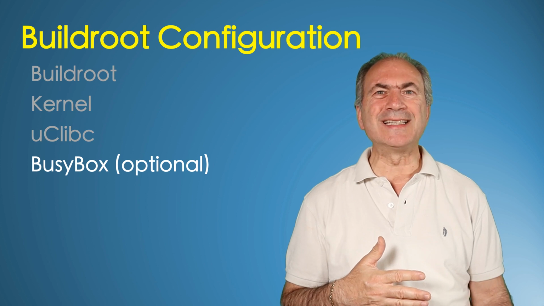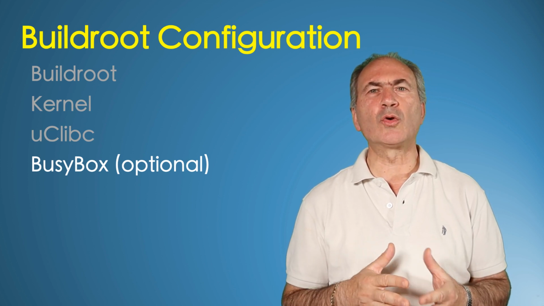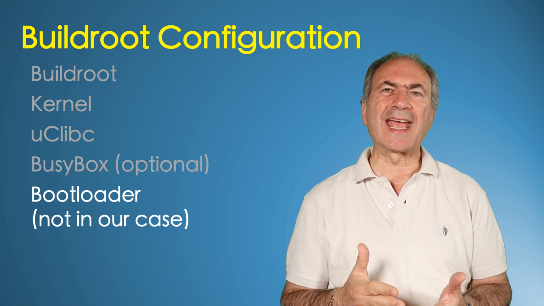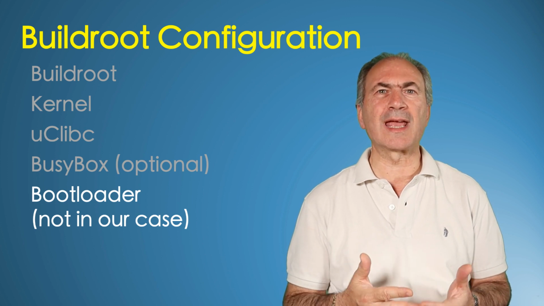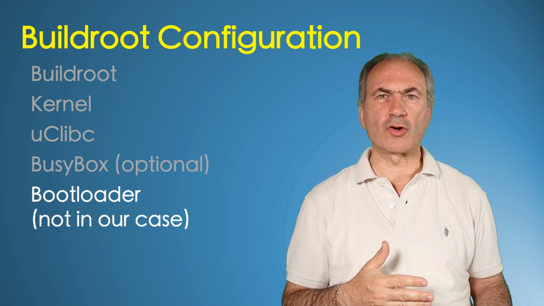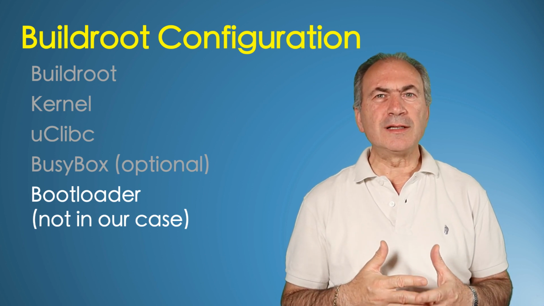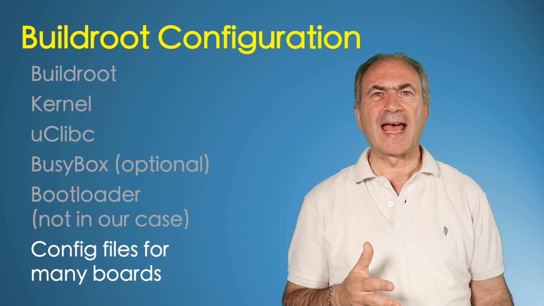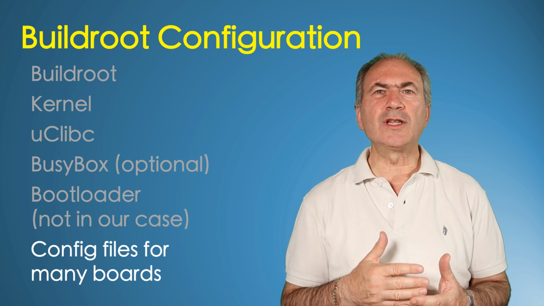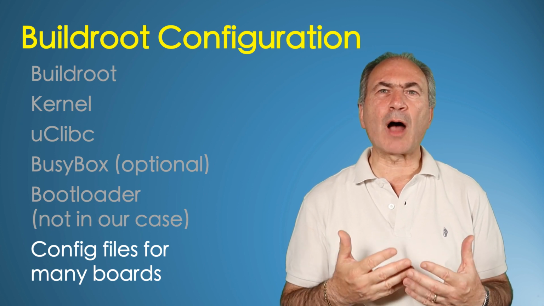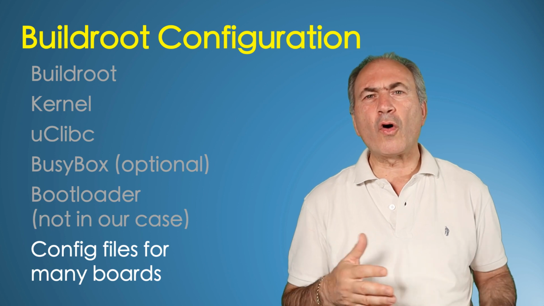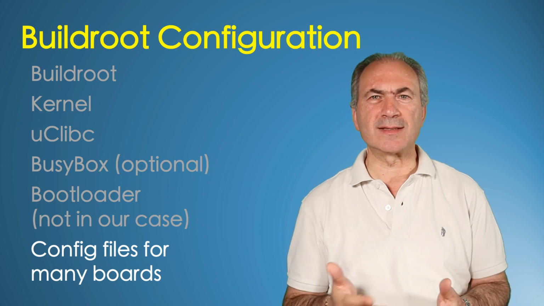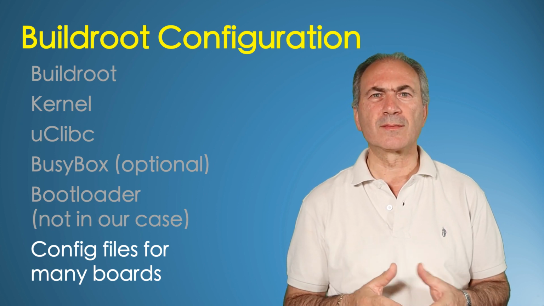In case of building the image for a real board, we have to configure the bootloader. In our case, we don't need the bootloader because a QEMU emulated board doesn't need the bootloader. QEMU itself does the bootloader job. One nice feature of Buildroot is that it ships with reasonable defaults for many different boards and or CPU. So usually we don't start from scratch, but select our board if it's available in Buildroot or a similar board with the same CPU architecture. Then we can start customizing the configuration according to our needs.